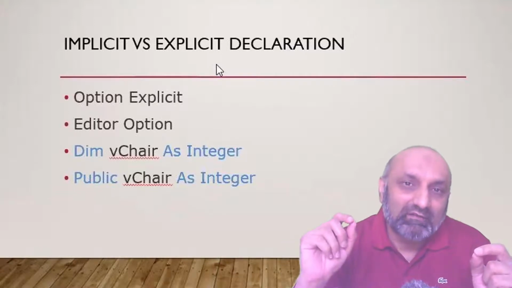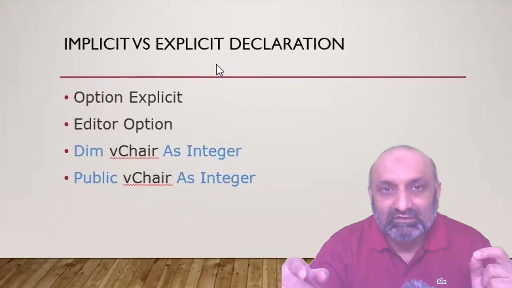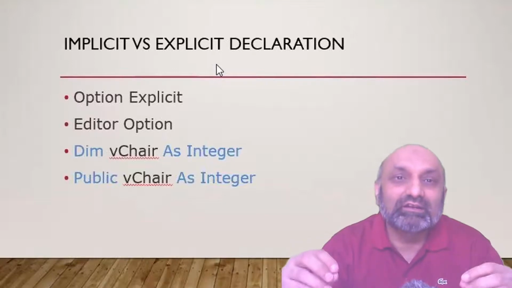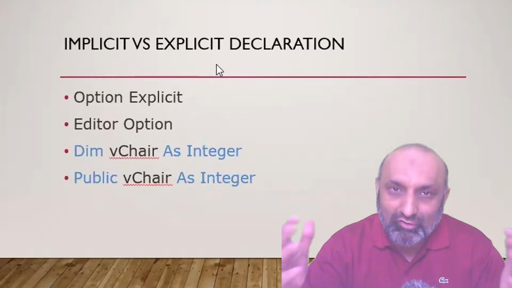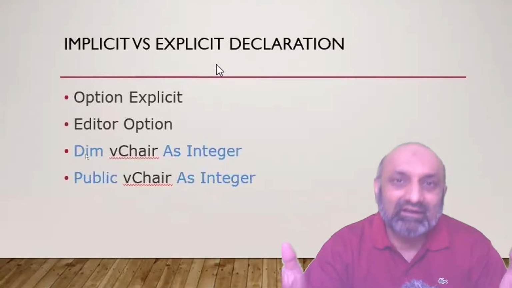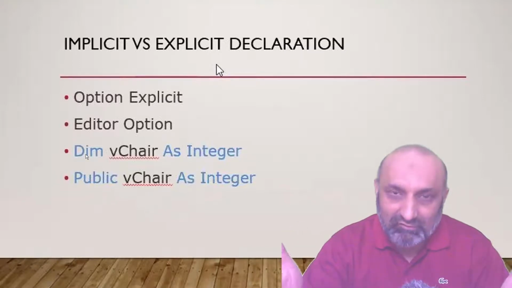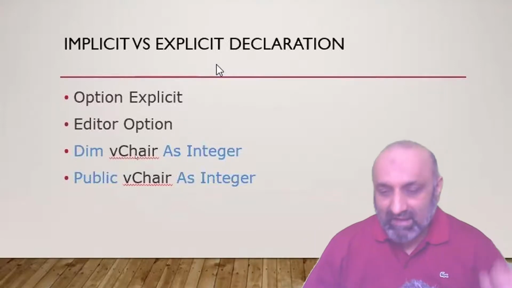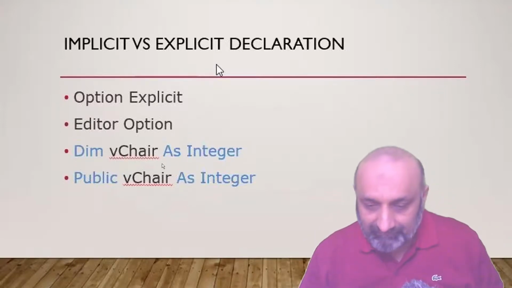So in the last module, in the last workbook, what we did was we declared a public, a global variable. But we can declare a variable inside a macro, not outside, not global, but specific to that macro. Let's open Excel and see how it is done.